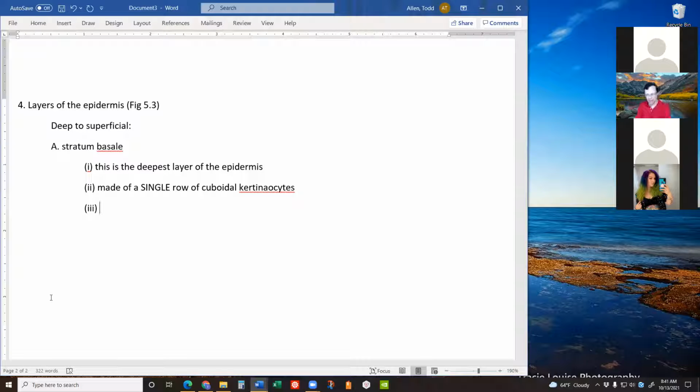The stratum basale contains stem cells which produce new cells of the epidermis, responsible for reproducing and replacing old epidermal cells